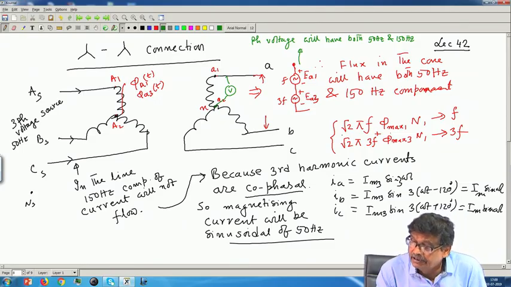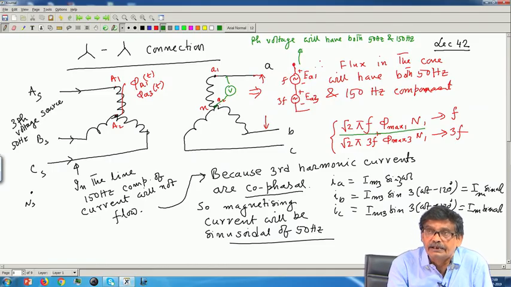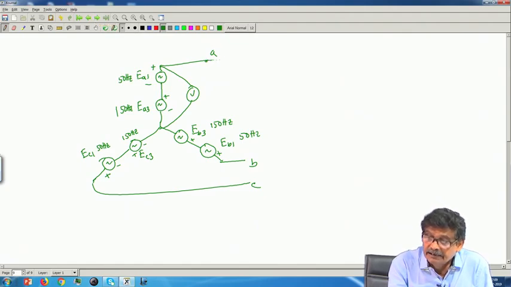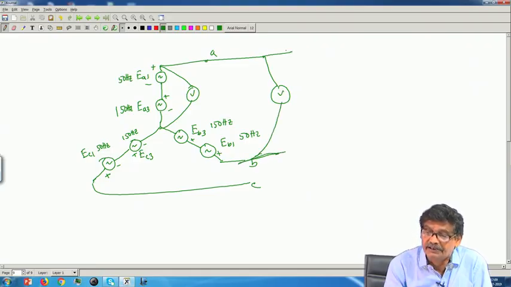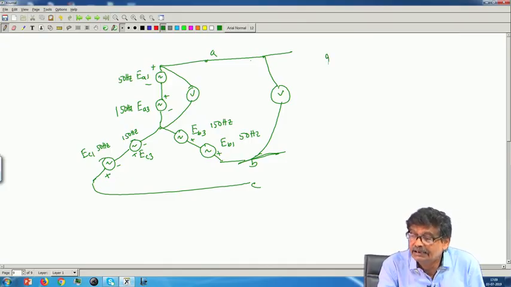So it will not read the fundamental component RMS value, that is what I am telling you if you connect it here. The question is, if I connect a voltmeter between the lines, what will be its reading? See, third harmonic voltages once again are cophasal. Therefore, if you traverse this path, the third harmonic voltage will cancel out. Therefore, in the line to line voltage,